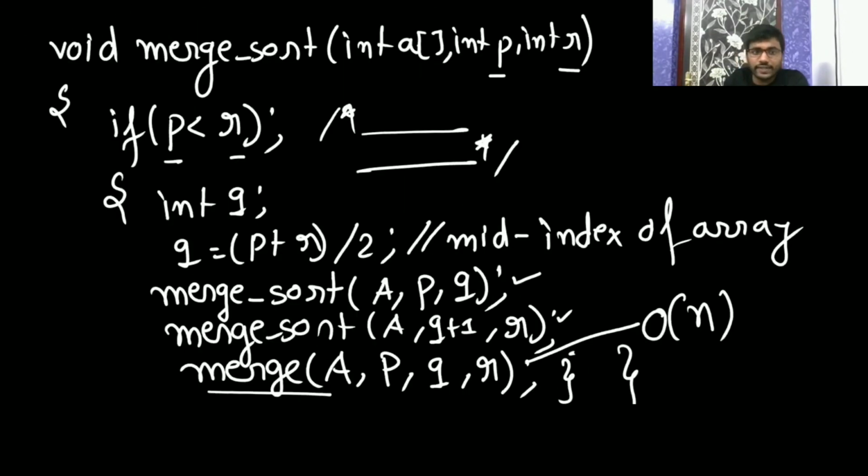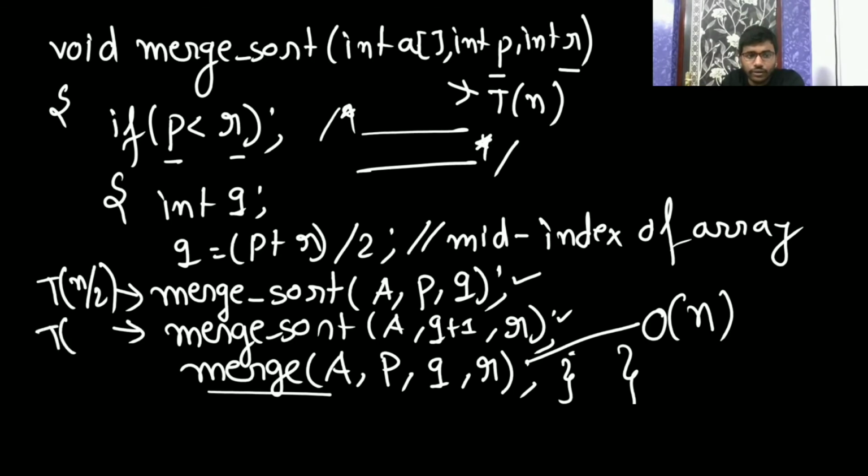See here, if the time complexity of this merge sort is T of n, then it is dividing into halves, T of n by 2, then T of n by 2, then merge is going to take the time as big O of n, because merge is going to have a time complexity of whatever the size of the array is. So merge has both space and time complexity as the size of the array. So the size of the array is n. So if for merge sort this is taking T of n, then each half will take T of n by 2.